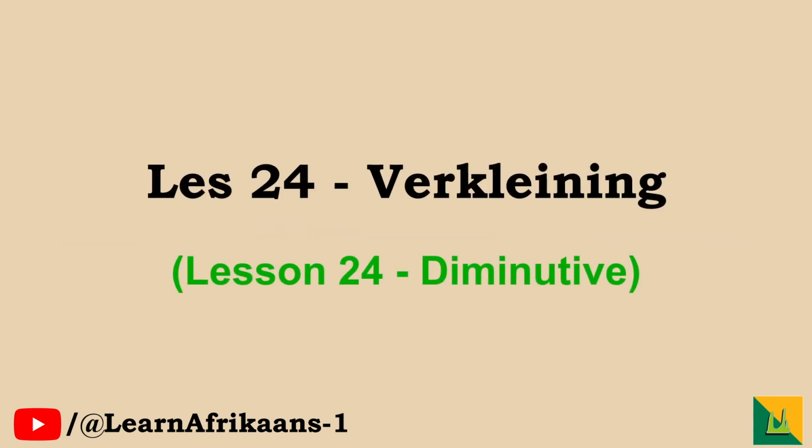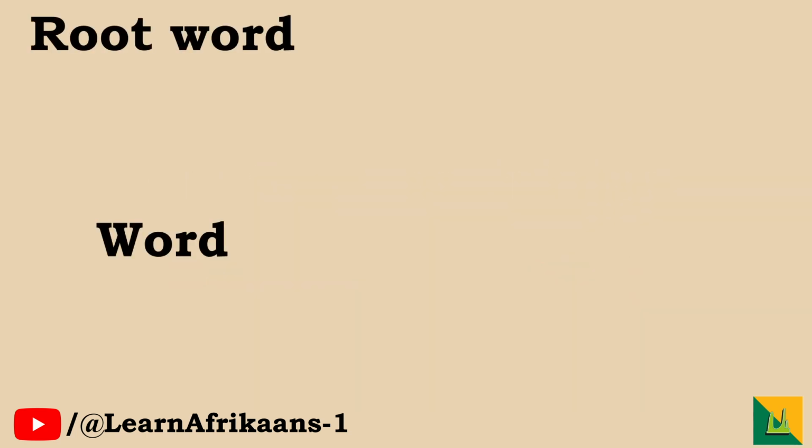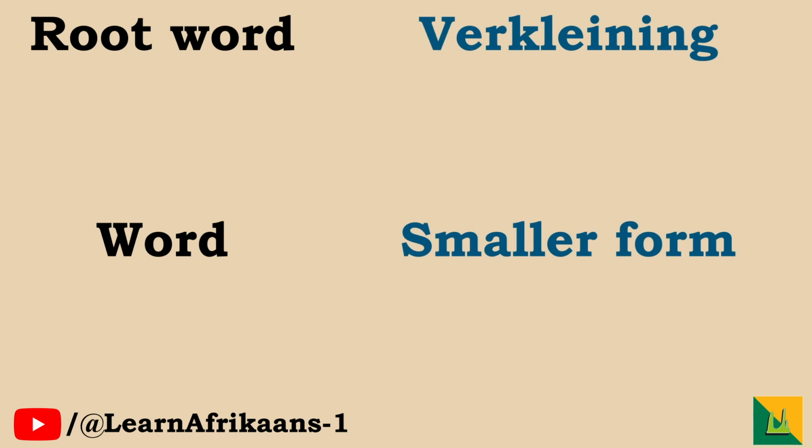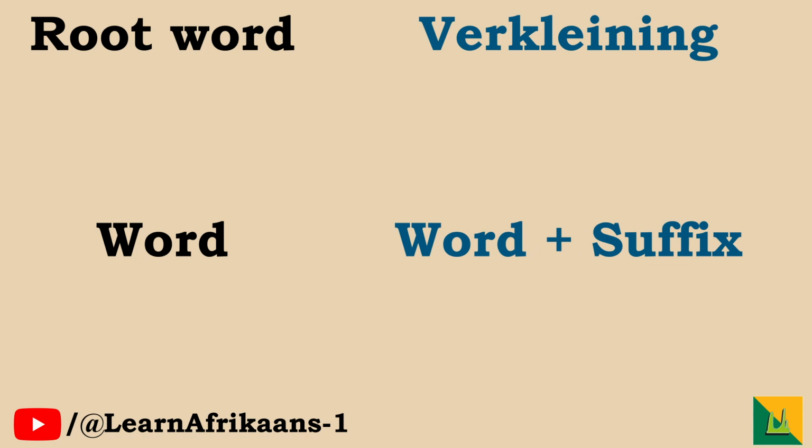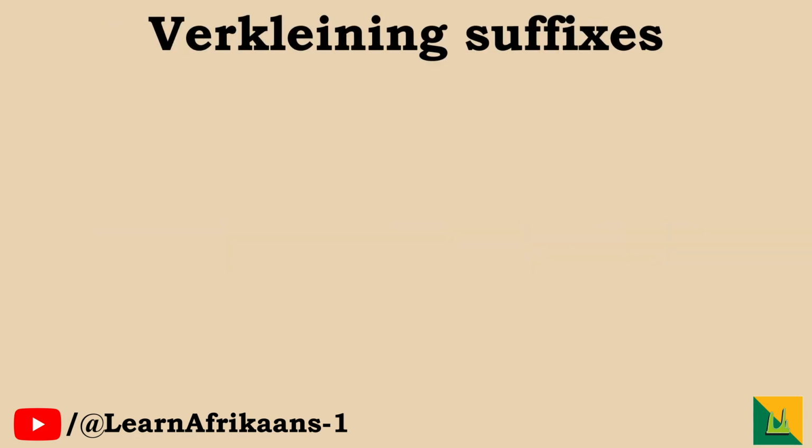Les 24, Verkleining, Diminutive. This video is part of our grammar series. Verkleining, diminutives, are used to show that a smaller form of the root word is intended. English rarely has any diminutives. Afrikaans, however, use them a lot. To make the verkleining in Afrikaans, you add a suffix. The 7 suffixes are tjie,